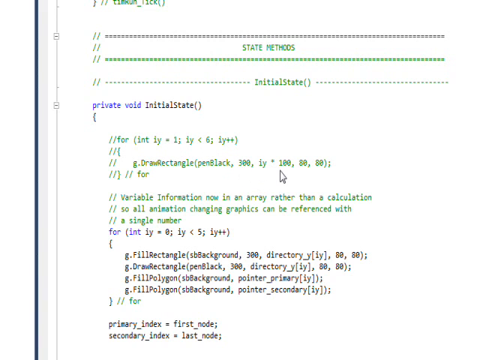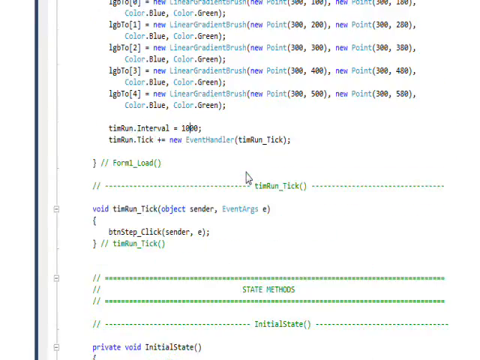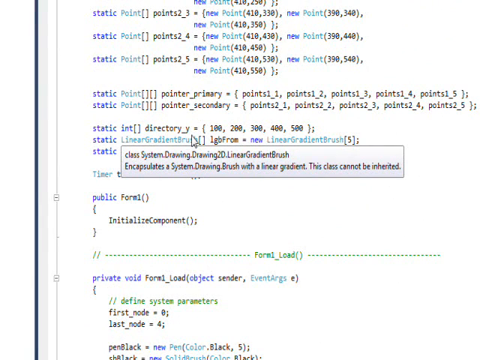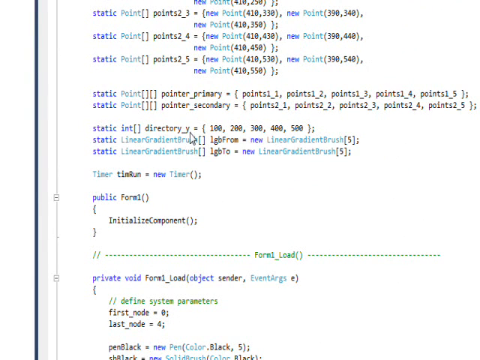So this basically went from 100 to 500. Now instead of doing it that way, we're defining an array, because as I said in the description, we need to associate all these objects together with one index value. So these are the index values for 100, 200, 300, 400, and 500,